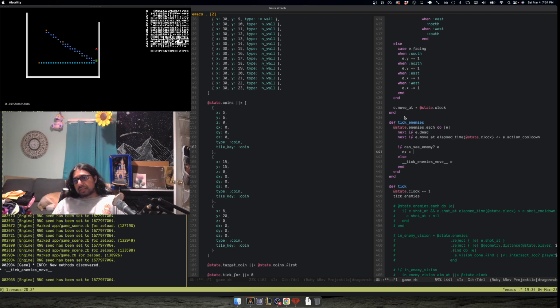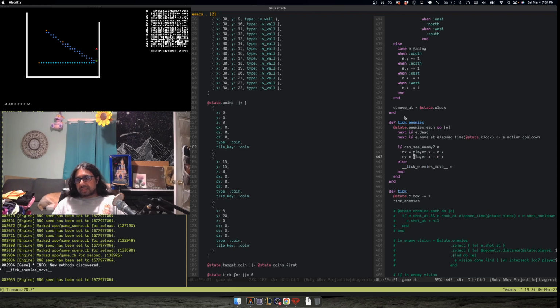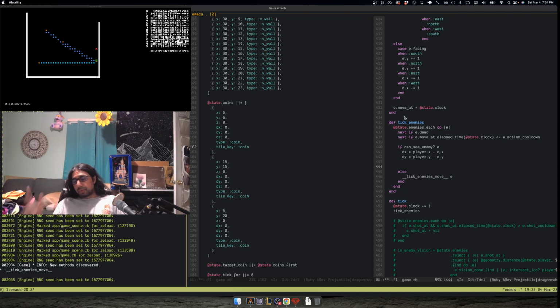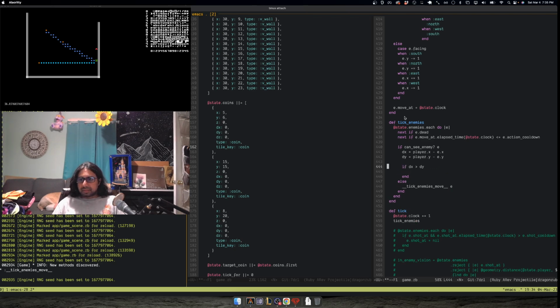So if I take dx, which would be, I'm going from the enemy to the player or player to the enemy. I always forget. We'll pick one. Player.x minus e.x. And the delta of y would be player.y minus e.y. And then we want to see which is the larger one. If dx is greater than dy, the absolute values,